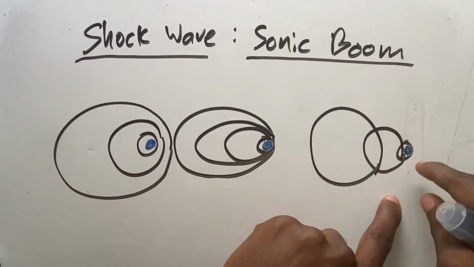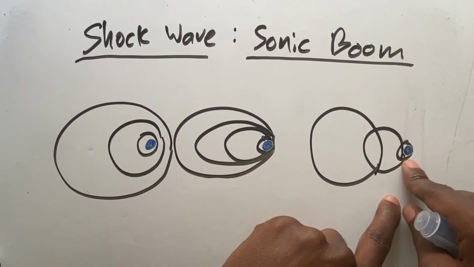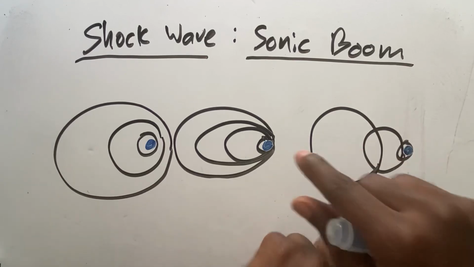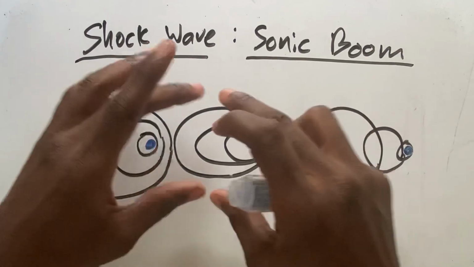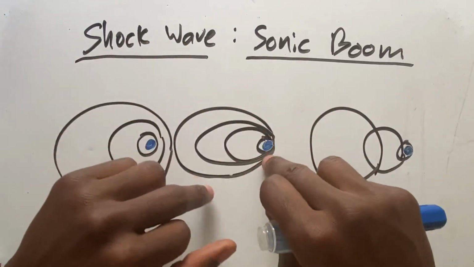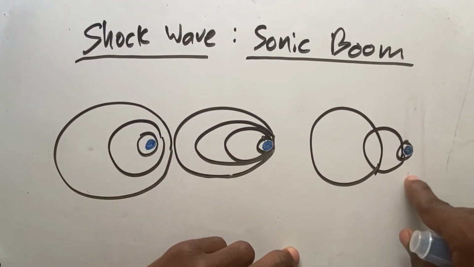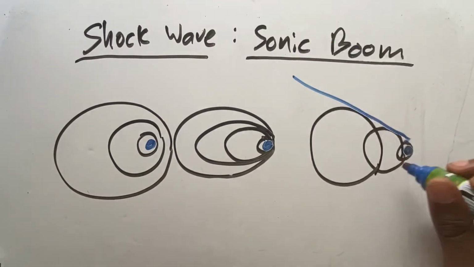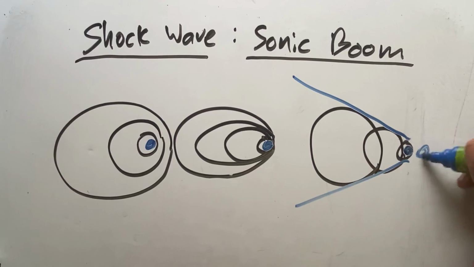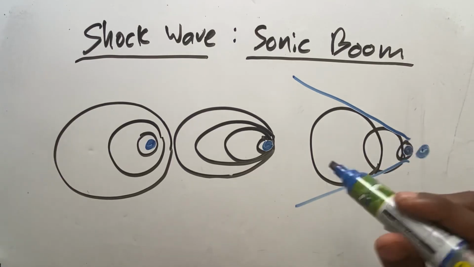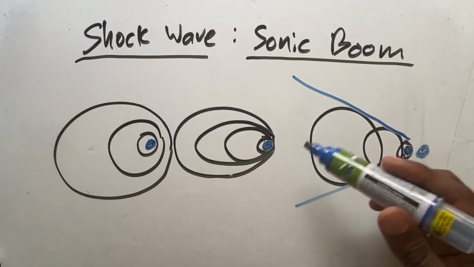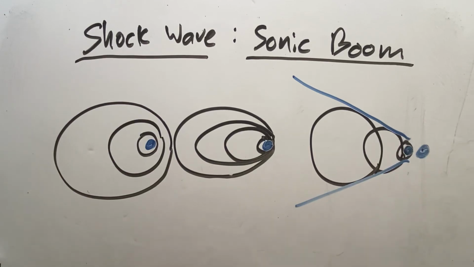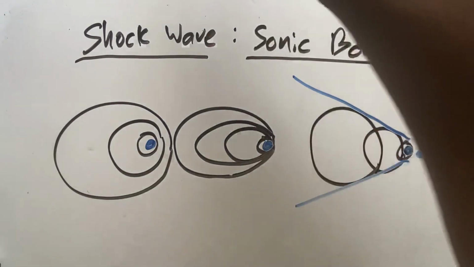Now here, you can see basically the plane is starting to break out of this sound barrier. So it's starting to break out of this circle of sound that surrounds it. And once it breaks out of that, it goes a little faster. It basically outruns the speed of sound, so to say. So you can imagine